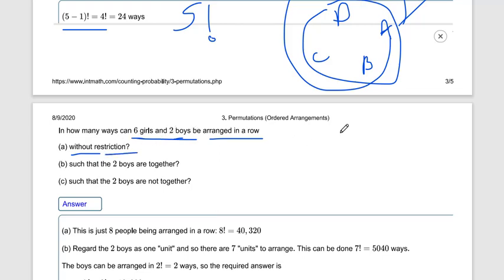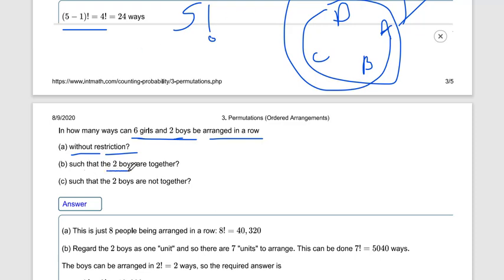Okay, so how many people do we have? 8 people. We do not have to consider whether they are girls or boys, we just have to arrange them. So how many ways can they be arranged? 8 factorial, simple, our first theorem. Okay, now here is our option B,